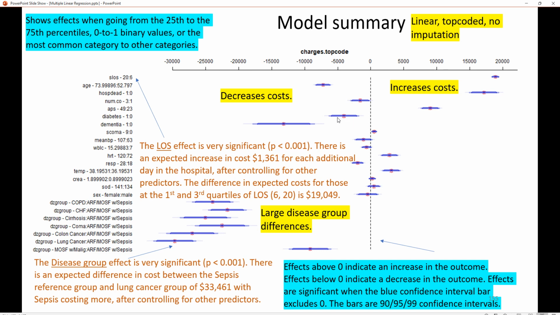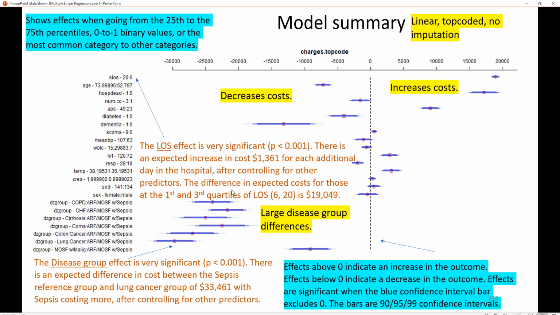And so we can interpret these results as: the length of stay effect is very significant. The p-value is less than 0.001. There's an expected increase in cost of $1,361 for each additional day in the hospital after controlling for other predictors. The difference in expected cost for those at the first and third quartiles of length of stay, which is 6 and 20 days,